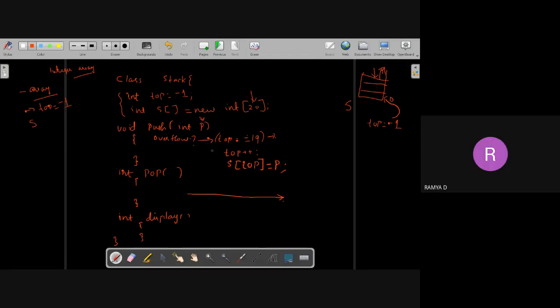Before taking an item from the stack, I should check whether the stack is already empty or not. How can I check that? If top is equal to -1, that indicates the stack is already empty. You can't take an item from the stack. Otherwise, what you can do is